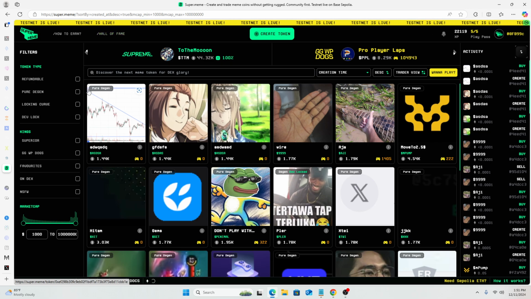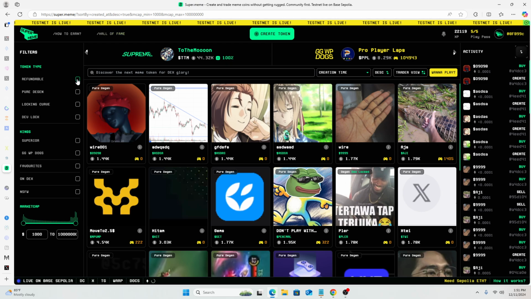For example, there are refundable meme coin launches. There is a lock-in curve. There is dev lock, a situation where the dev deploys, purchases a measure of the tokens, but locks them for a period so that he cannot rug. There's a refundable situation. You get into a new refundable launch and you do due diligence in the aftermath of your contribution and find out that it's an irrelevant project. Then you get a refund.